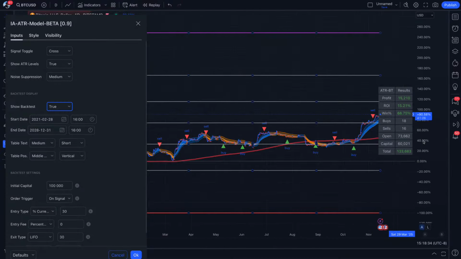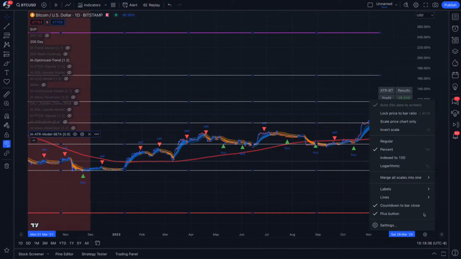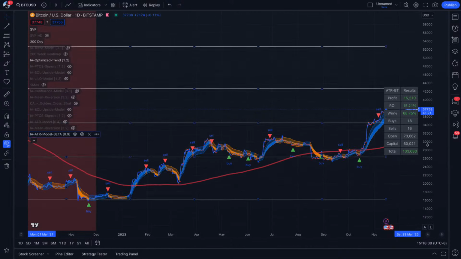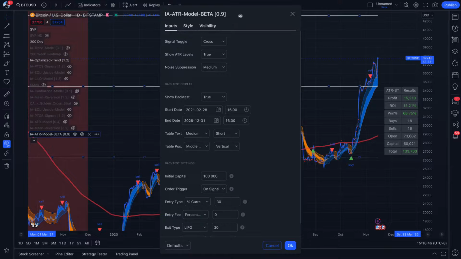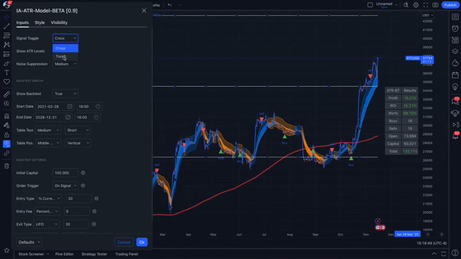If we zoom in, we'll see that here. Let's turn this off, not too regular, and then we can zoom in. So when things are outside the cloud, that's typically a signal, and that can also be modified to the trend. Now, depending on the asset, the trend can be more accurate. By the way, we also have a crowdsourced sheet that tests all different assets over different time frames for different settings. So, for example, here you can see turning from trend from cross, the win rate goes from 68.75 on cross to